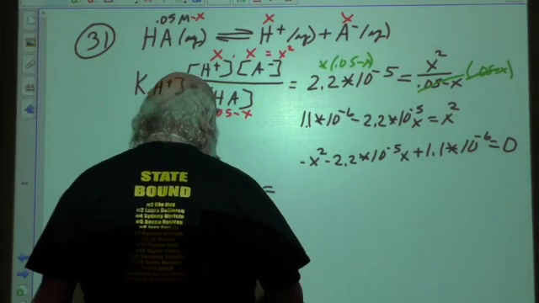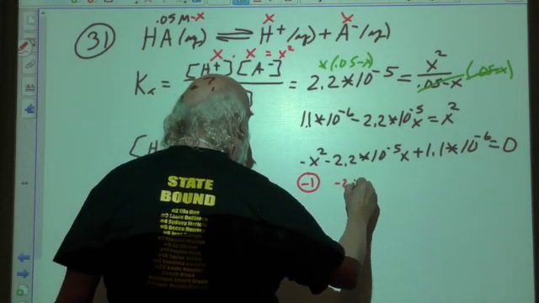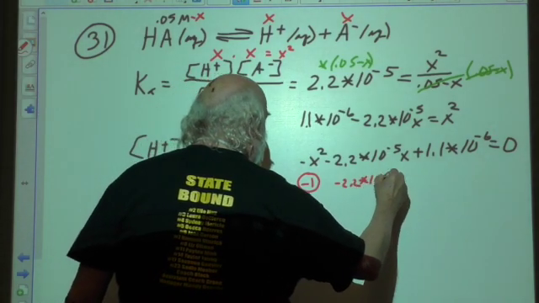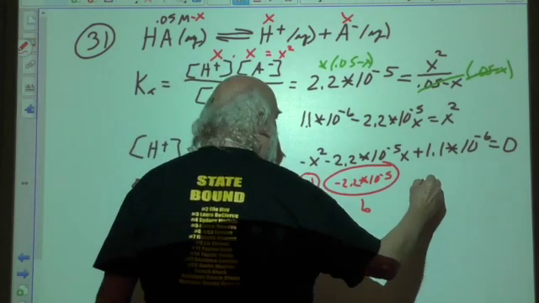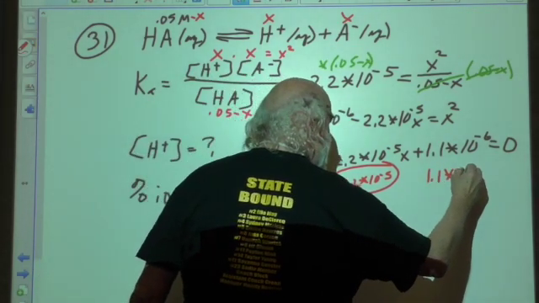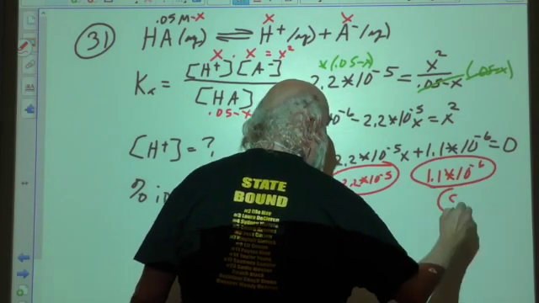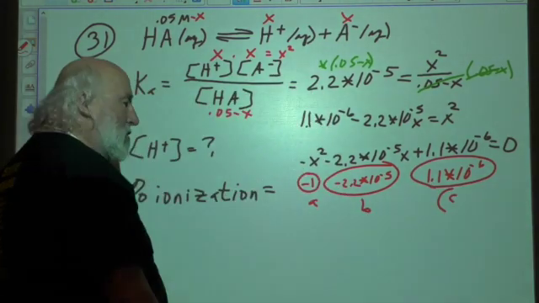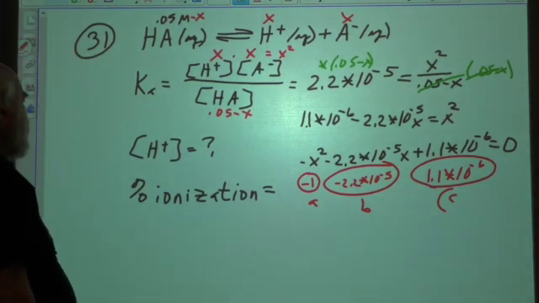Go to quad form. Negative 1 is my A. Negative 2.2 times 10 to the negative 5th is my B. And 1.1 times 10 to the negative 6 is your C. Big C, little c. Alright, so